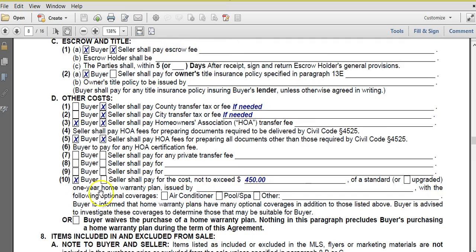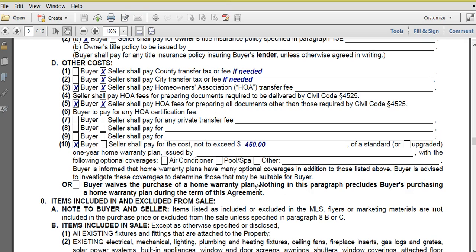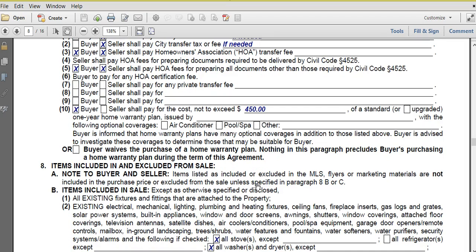And this part right here is saying that buyer will pay a home warranty fee. Basically, what I'm going to do is I'm going to buy you guys a home warranty as a closing gift, which basically means that anything in your house breaks, you call this company and they'll come and fix it for like $70 as opposed to hundreds of dollars. It's a really great deal, and I'm just happy to be able to do that for you guys.